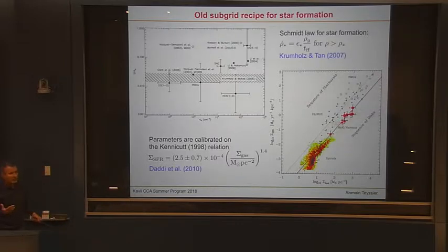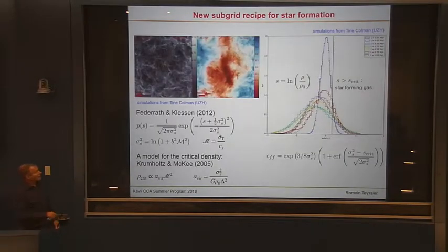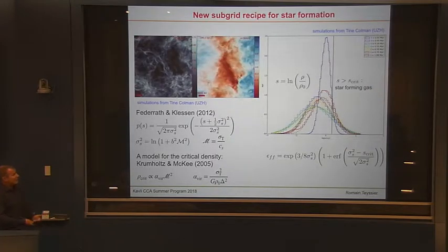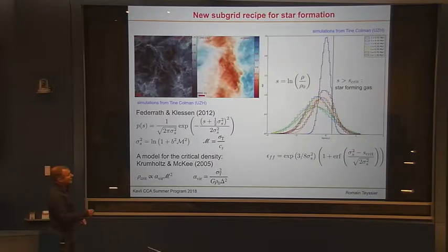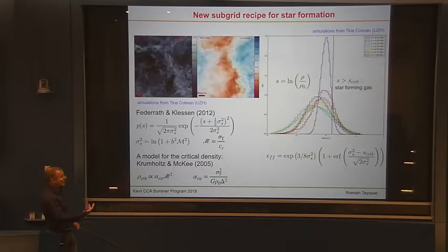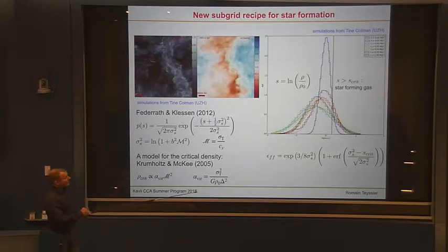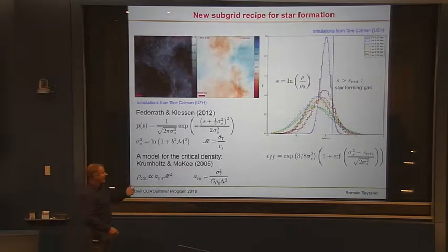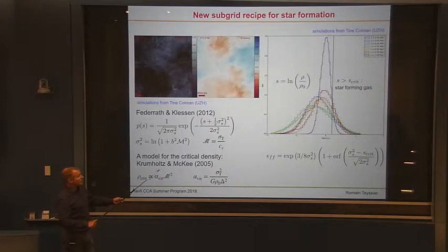But after what we learned from Yves yesterday, it's clearly a very naive way of looking at the problem. And so here, I think we can do much better. I will actually go fast because Yves basically explained everything yesterday. But we know that inside those gigantic cells that we have, the density fluctuations are log-normal. Right? They are basically described by supersonic turbulence. And we also know, based on the model that Yves described yesterday, Krumholz and McKee, that you can derive a critical density above which you will form stars.